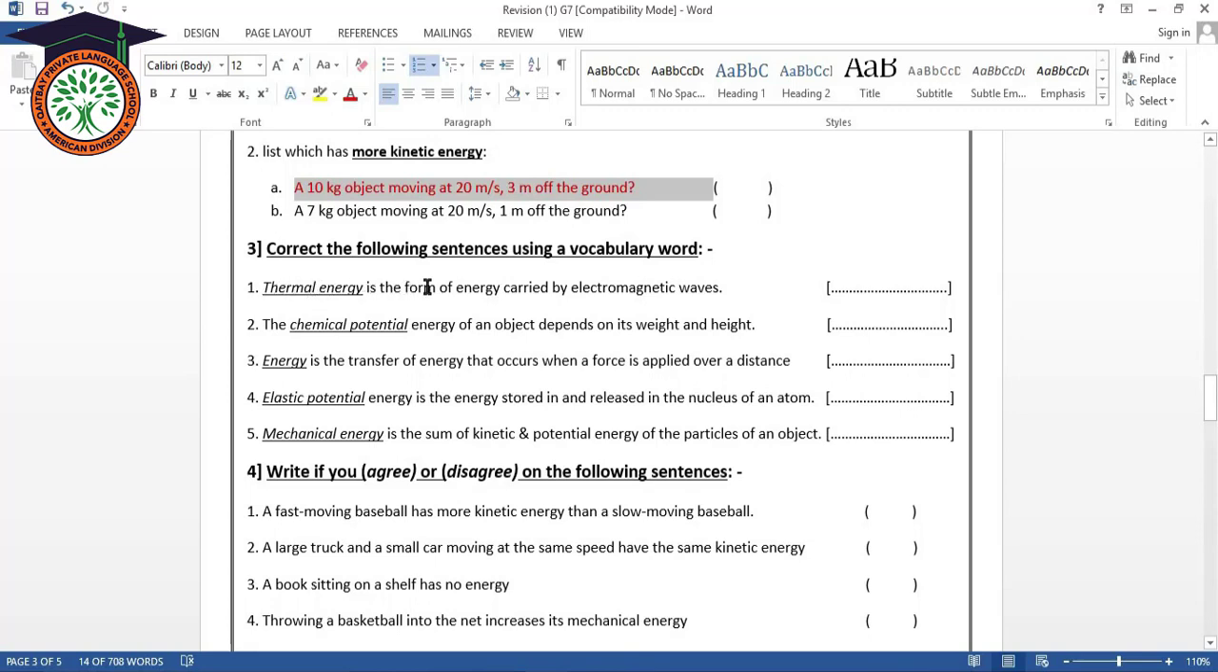Thermal energy is the form of energy carried by electromagnetic waves. No, I'm not going to say that it's thermal. The one which is carried by electromagnetic waves, we call it light. Okay, so the answer will be light, not the sound energy. Okay. Question